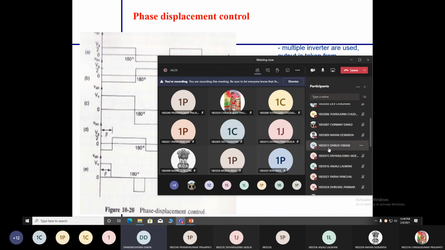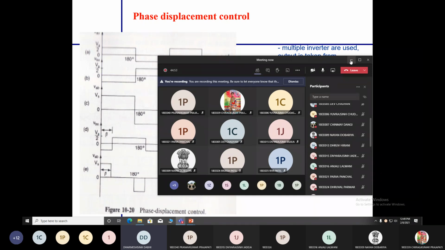Again, read all these 5 different techniques. I will ask the question to you in the next lecture. 9 number and 13 number, both of you. Yes, sir. Prepare all these 5 techniques. Read from the PS Bimbhra, or you can again watch my recorded video. I will ask the question in tomorrow's lecture. Both of you, 9 and 13 number.